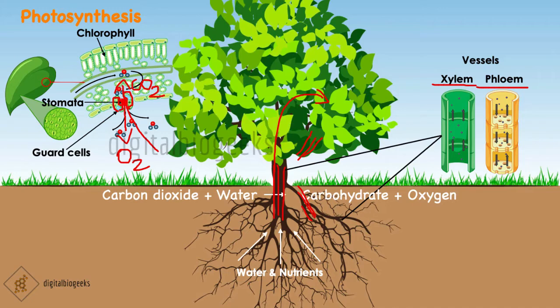The food produced in plants is stored in the form of starch. Starch is also a carbohydrate. Starch is manufactured in leaves from the extra glucose produced during photosynthesis. This is a stored food. Starch is the stored food. In other words, we can say plants store energy from the sun. The sun is the ultimate energy source of all living organisms.